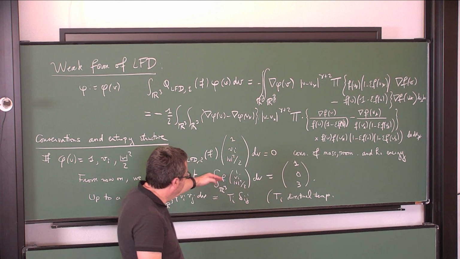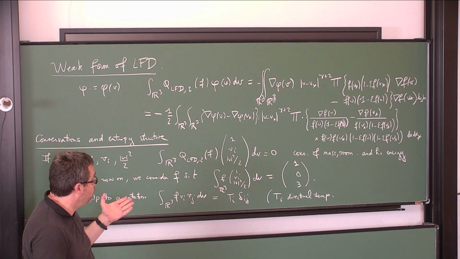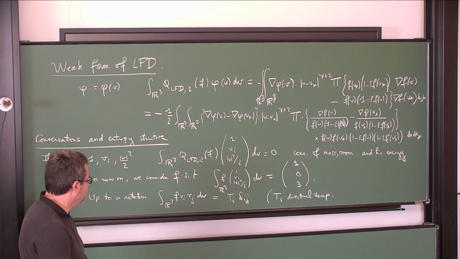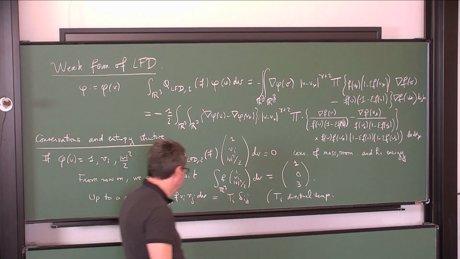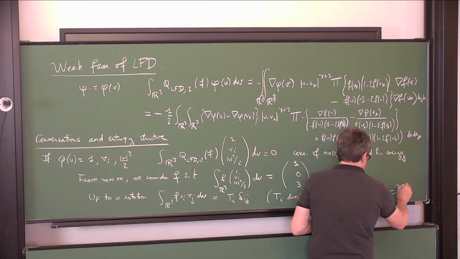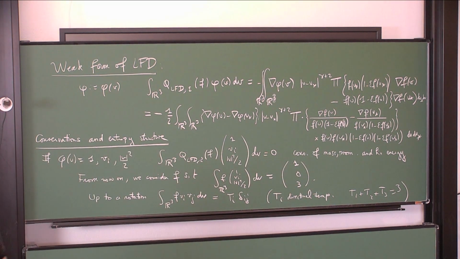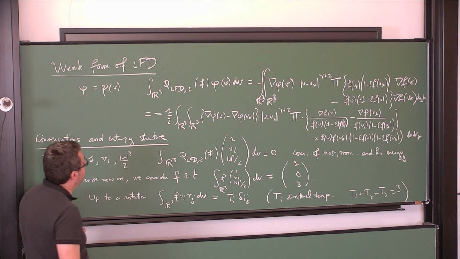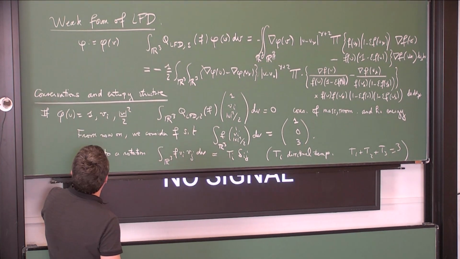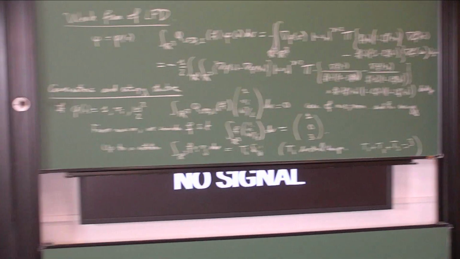And according to the third conservation here, you see that the sum of the three directional temperatures is 3. Those are numbers between 0 and 3, and the sum is 3. Okay, so this is for the conservations, but actually it was observed by Landau that it's really possible to